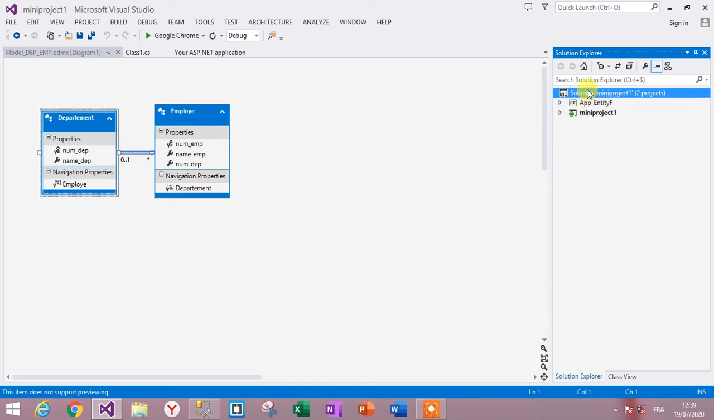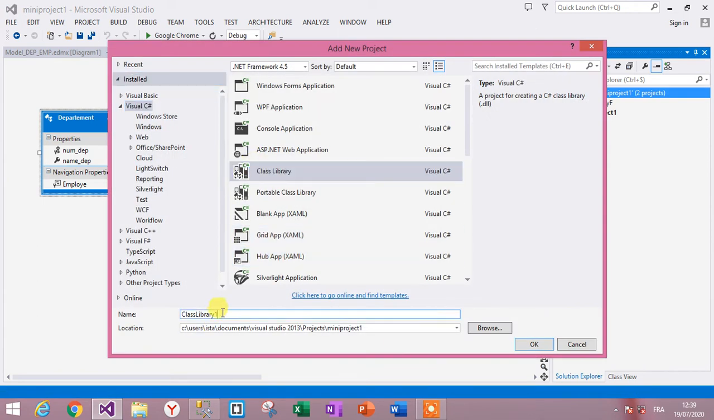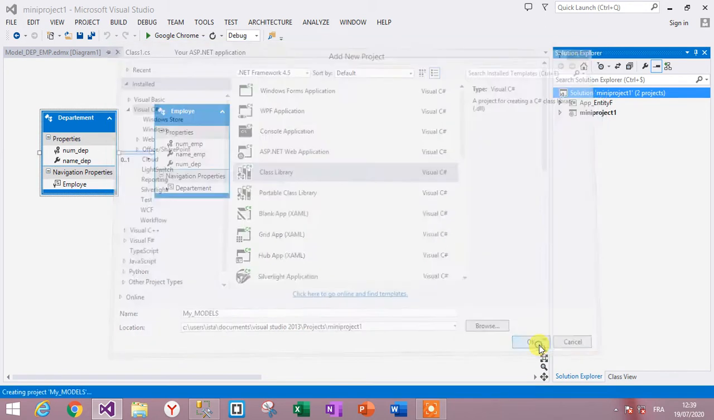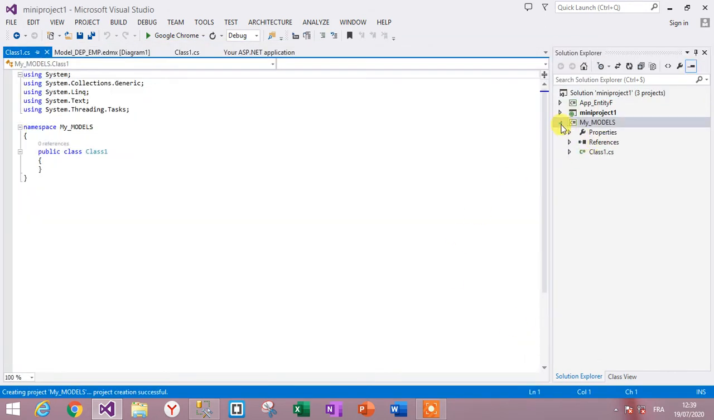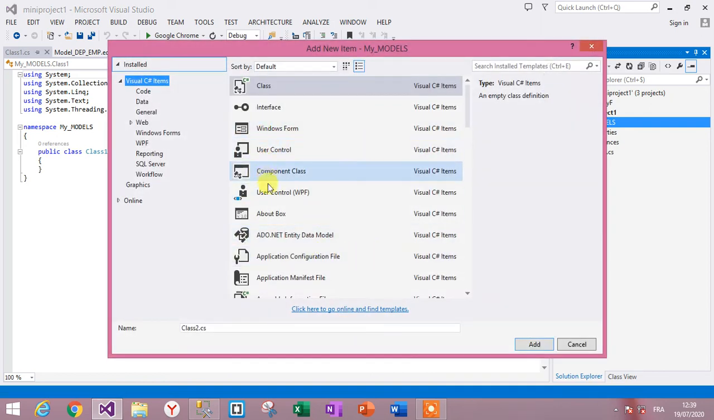So in this solution, right click, add new project and class library, and we name it my models. Okay. In my models we create two models because we have two tables in the database. So right click, add new item. So we use class and name it class department